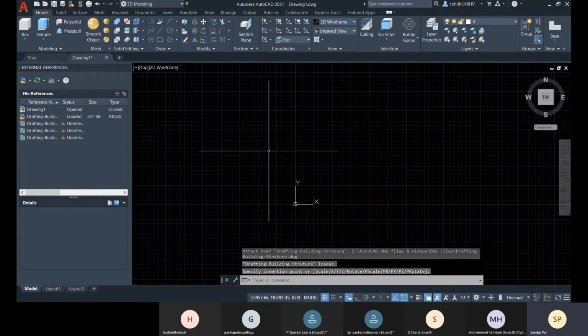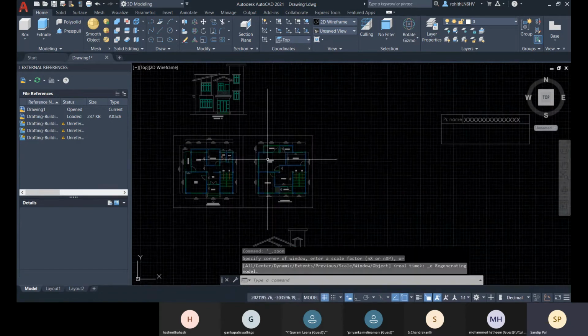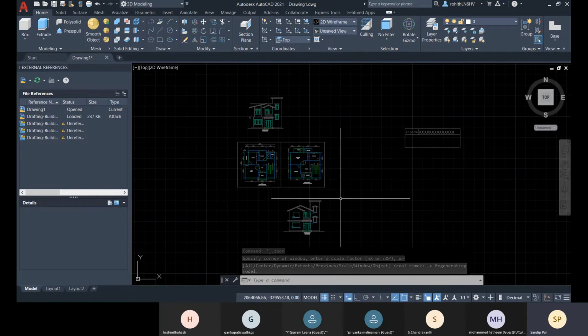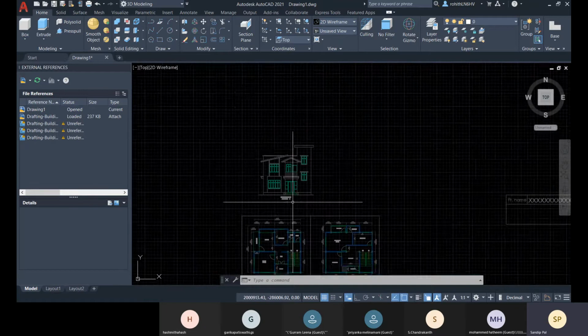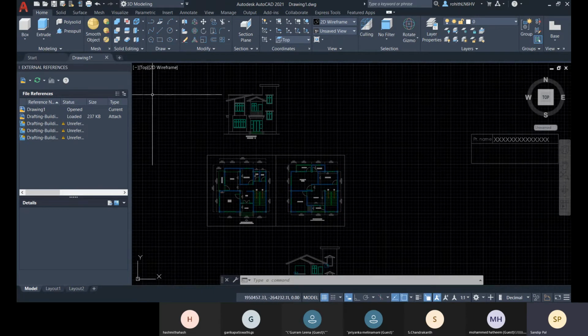And can you see anything? No, right? So what you can do is double click on the screen and all the things will be visible, right? So here you can see the drawing is quite dim in color because it is an external reference. Okay, it is still an external reference. It is loaded externally, and this is as a reference now.